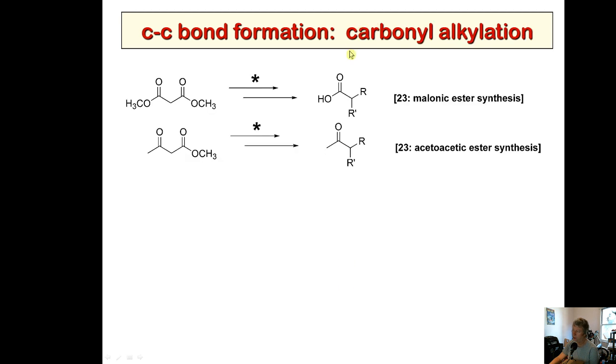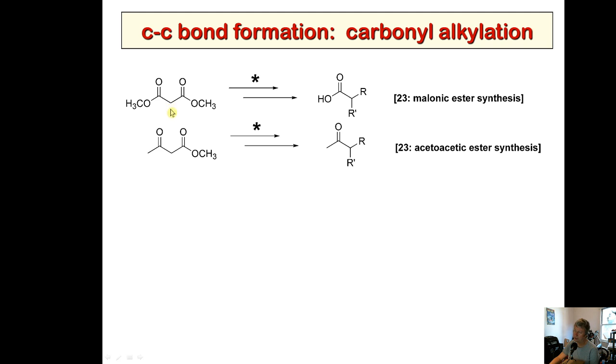Okay, and then we also learned carbonyl alkylation reactions, a couple of them. These were kind of recent ones, we call them well-behaved carbonyl alkylation reactions. So the malonic ester synthesis and the acetoacetic ester synthesis. So the malonic ester synthesis, you start with a malonic ester, which is called dimethyl malonate. The idea, as you recall, and you have to review this yourself obviously, is that we use a